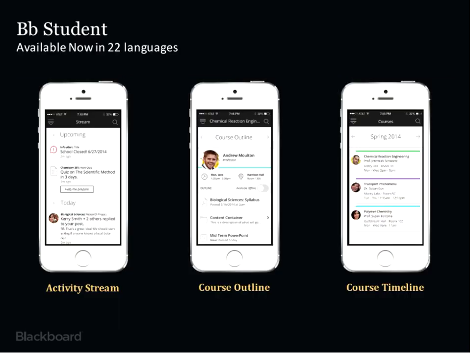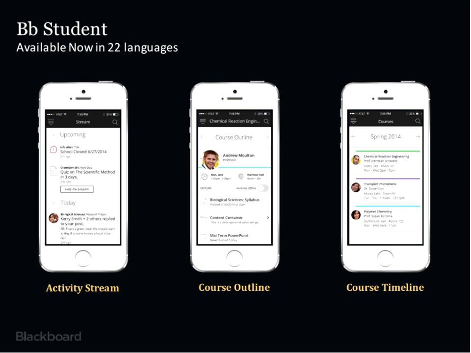So next topic is where we are in our roadmap for Blackboard mobile applications. I'm going to first start with Blackboard Student. On prior sessions, we've discussed how we are moving to persona-based applications rather than ones that are focused on individual applications.